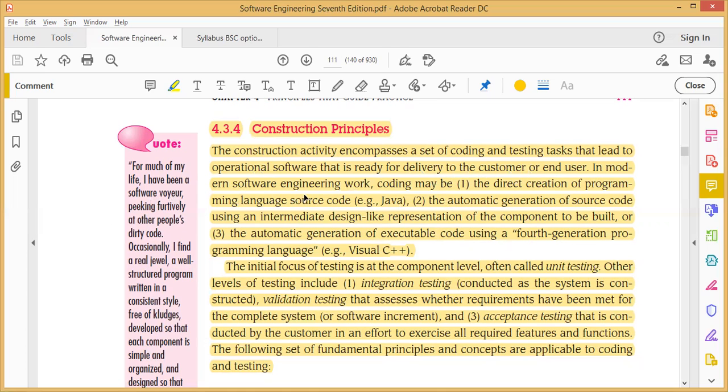In modern software engineering work, coding may be a direct creation of programming language source code, using Java, C, C++. Lots of languages are there. By using these languages, you can directly code whatever you want to add to your project. Through these languages, you can easily get into project development. And next one is